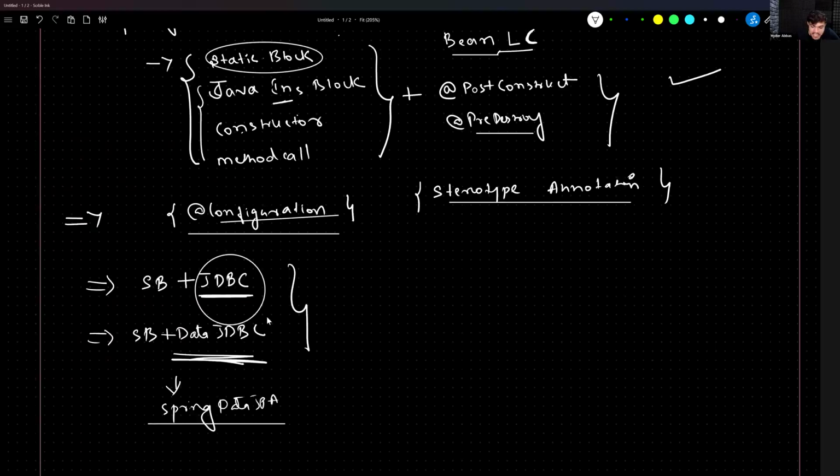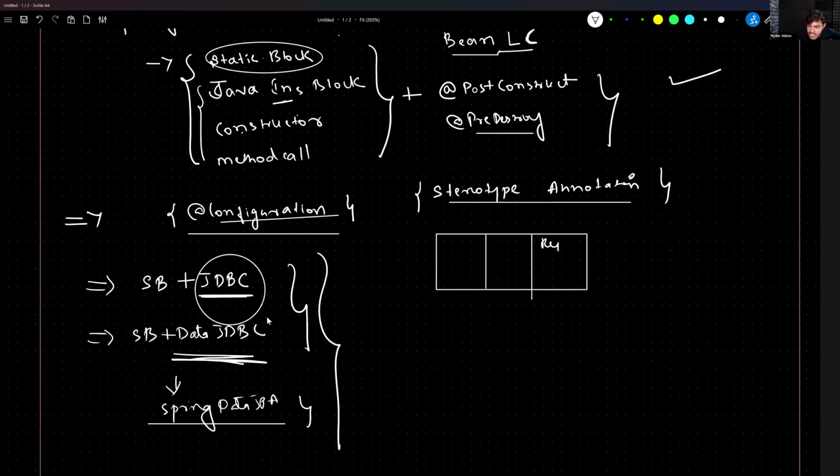And I will discuss two databases here. All three of them belong to the repository layer in multi-layer applications, right? If you have three layers, this is the repository layer, the DAO layer, responsible for the DB related operations. This is the layer which we are going to focus on for the next few classes. And I'm going to use three databases here. Number one,